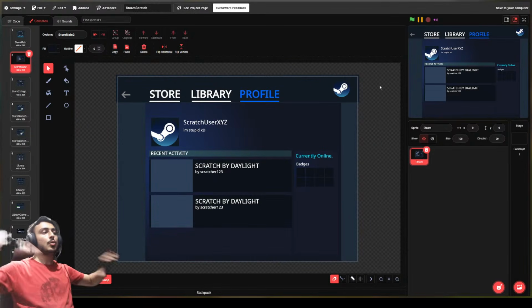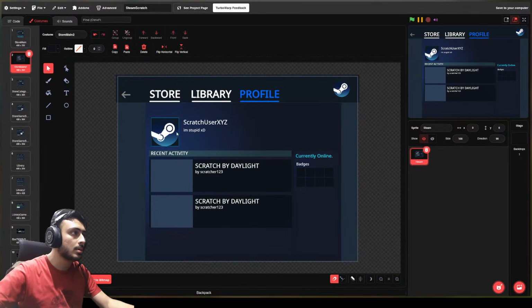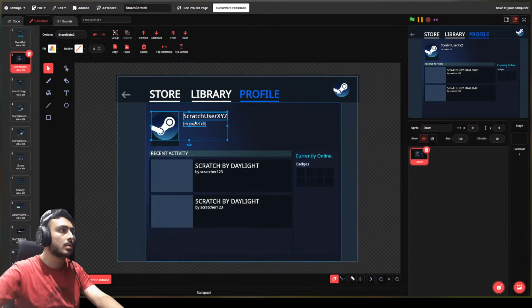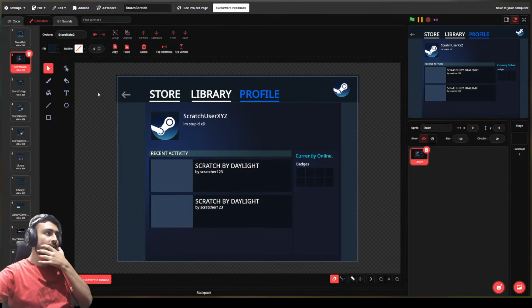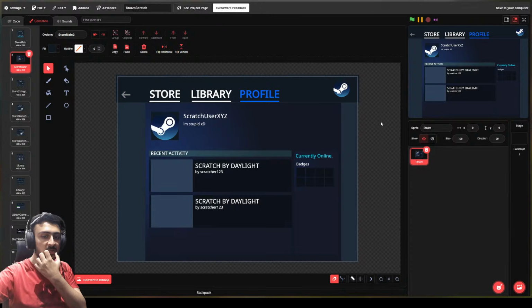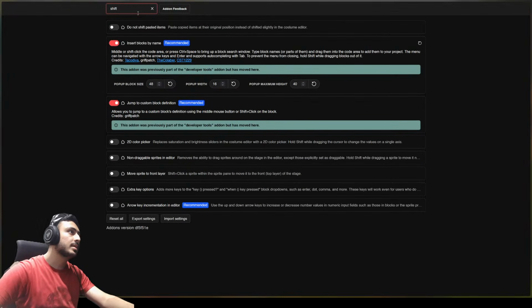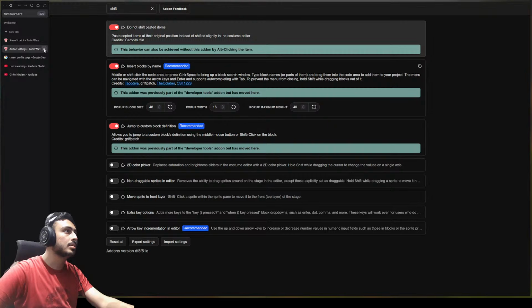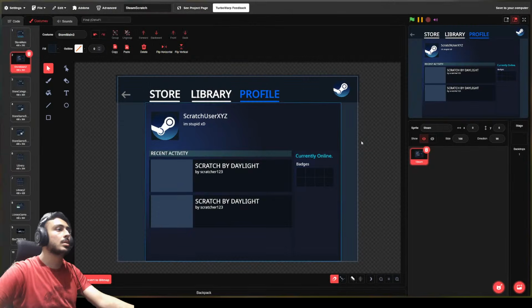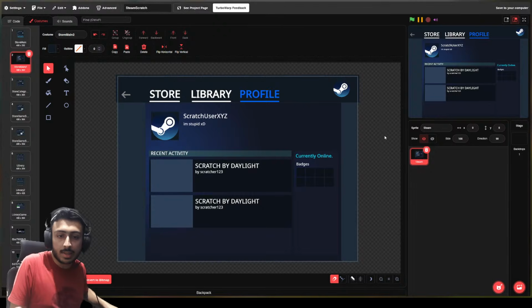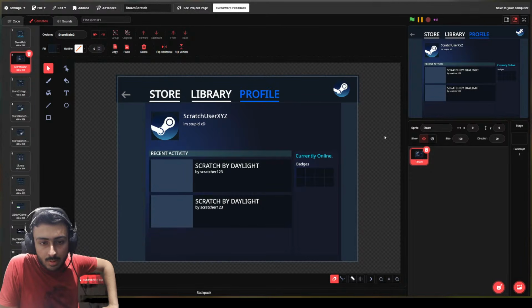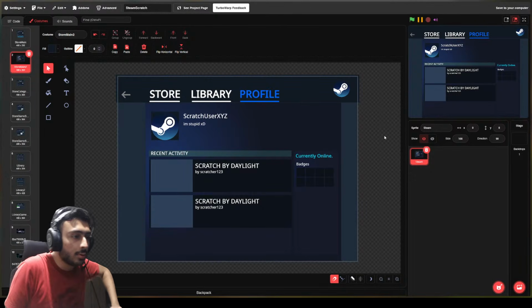I think this overall page is now ready. Maybe I have to shift them a bit up. Yeah, this as well. Yeah, I think like this looks good now. What do you guys think? You can turn on do not shift pasted items and okay. I forgot the name actually. Shift pasted items. Here we go. Let's go. Okay. I think we are ready with the page. Not bad. Why is it not bad? Why it's not good?